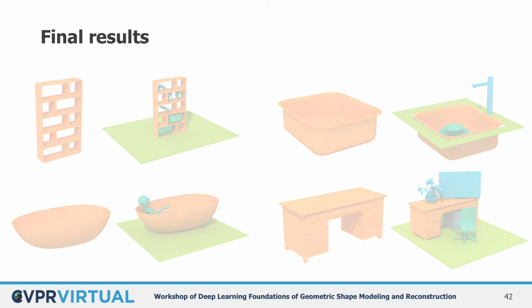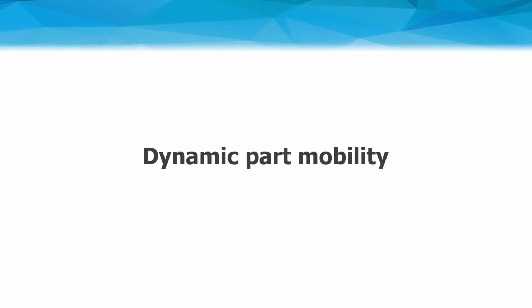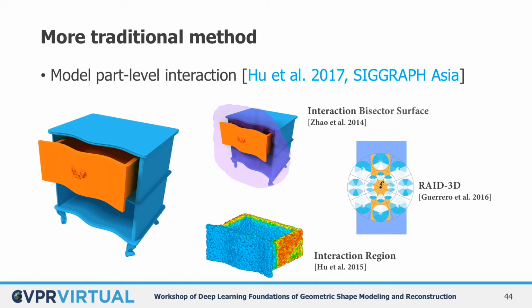For dynamic part mobility, more traditional methods also focus more on interaction characteristics. Just that now the interaction is on part level instead of object level. Here, the part level interaction is represented by a set of descriptors related to part relation and part geometry near the interaction region. Then, based on a static to dynamic mapping, objects with similar part motion